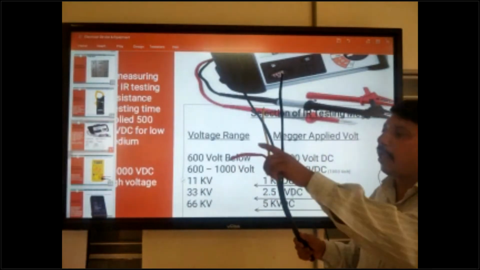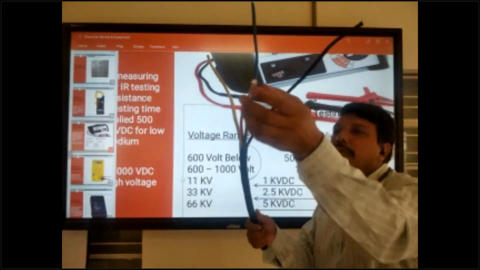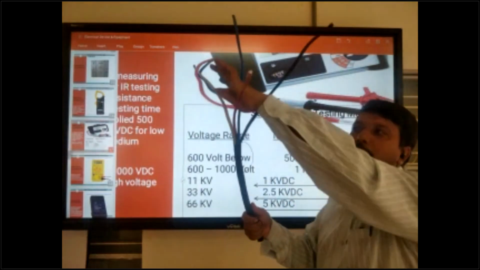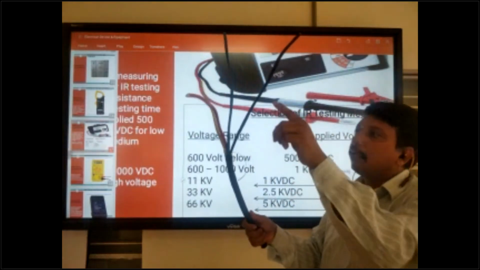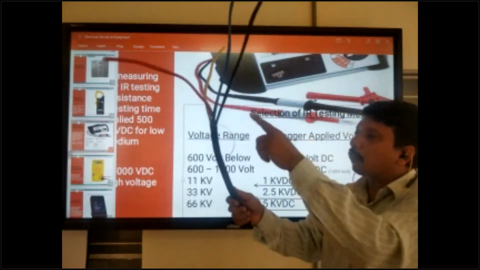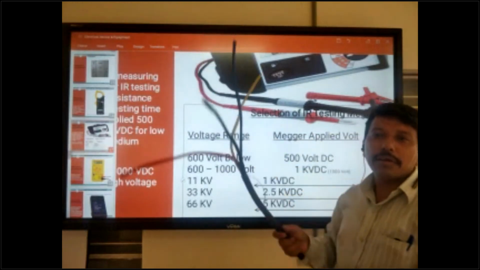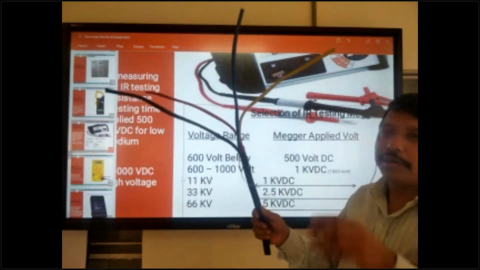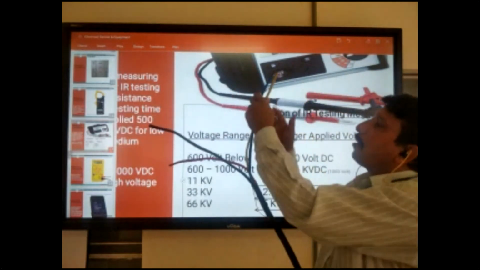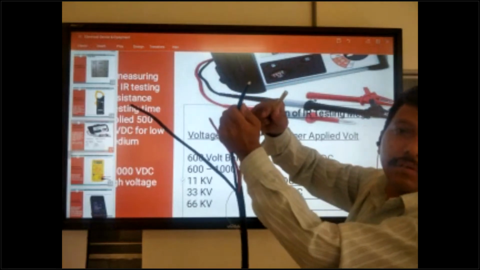So in checking time, this is a 4 core. Checking only one, you should not think this is complete checking. Red phase to yellow phase checking. Yellow phase to blue phase checking. And red phase, yellow phase to earthing, grounding also checking. One by one checking. Okay? So this is the system. Each cable, whether inside has a short or not. These two cables you can check, whether inside has a short or not. We can find out. Okay?